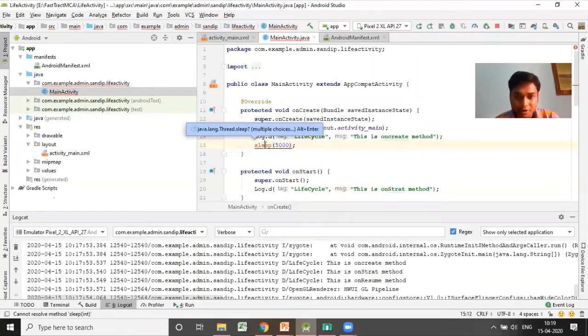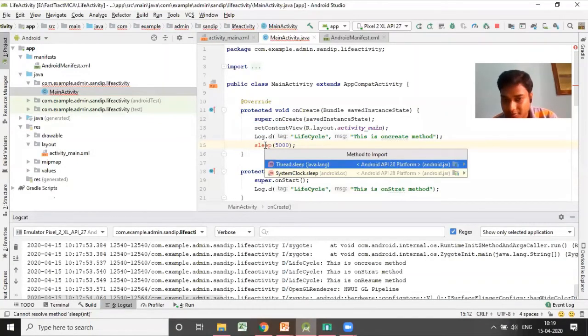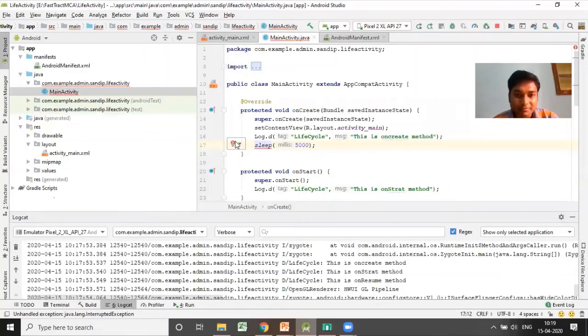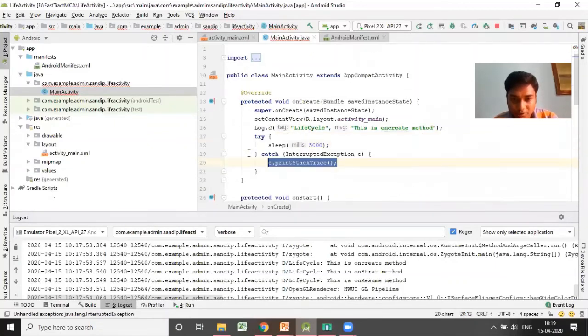If you get any error here, a red line, click on that and press alt enter to fix it, and you see that it requires a try catch block.